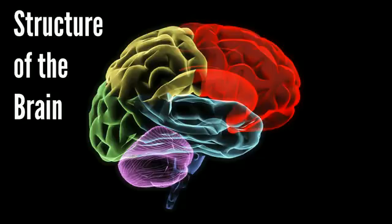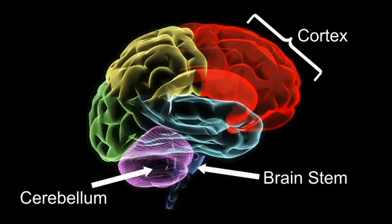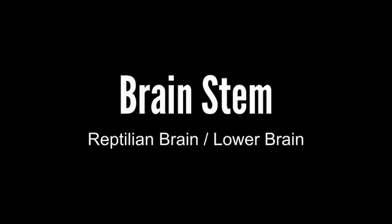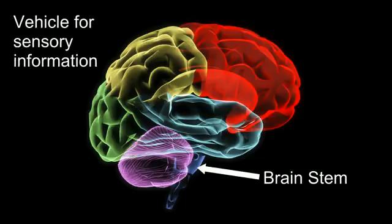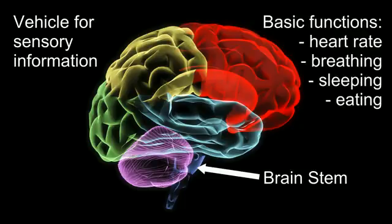The first stop on the virtual brain tour takes a look at the four main parts of the brain: brainstem, the cerebellum, the cortex, and the limbic brain. The first part of the brain to evolve about 500 million years ago was the brainstem. It is also known as the reptilian brain or lower brain. It is located deep down in the brain and extends up from the spinal cord. It is the vehicle for sensory information and is also responsible for many basic functions including heart rate, breathing, sleeping,